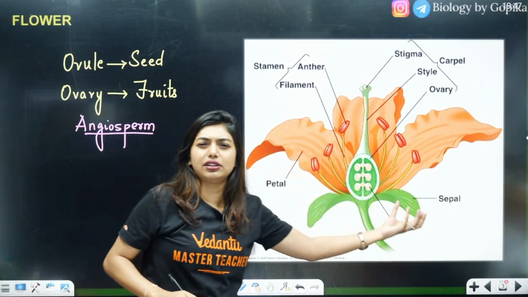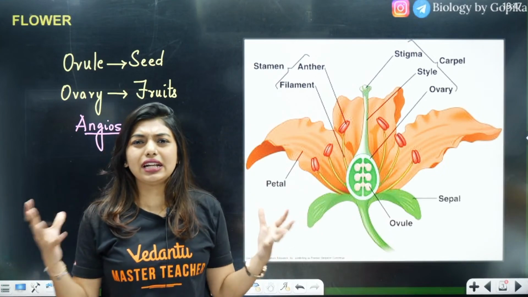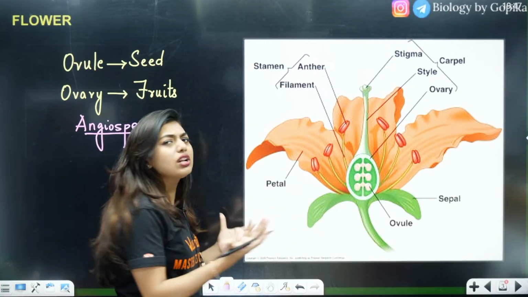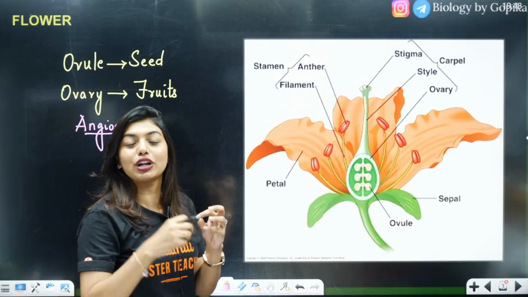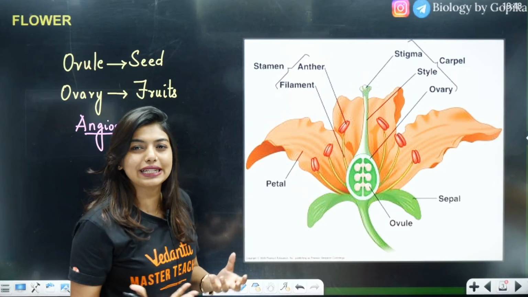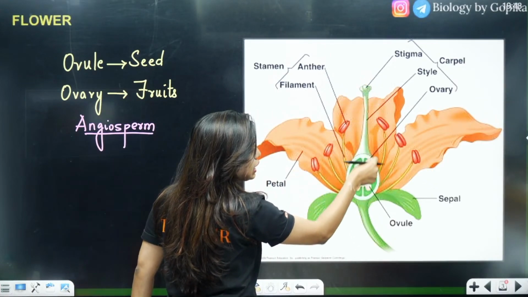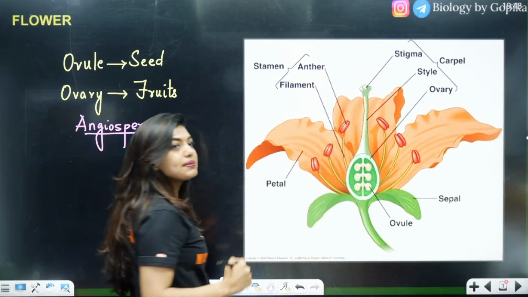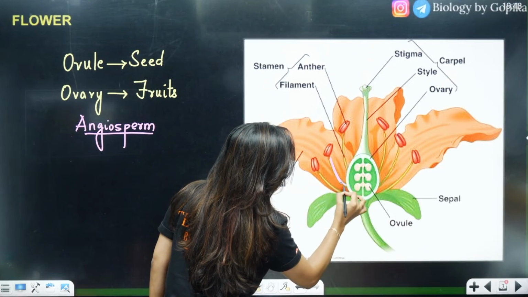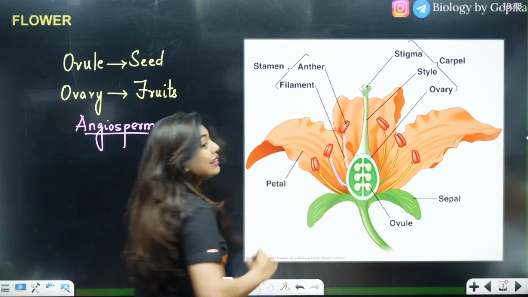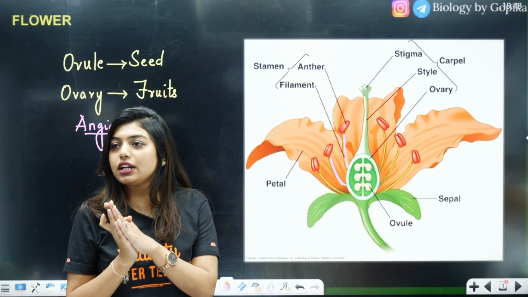Now look at the flower. I have seen a flower and I know that this is how a flower is going to be. What all is there in the flower? First of all, the most prominent thing that you see in the flower is the petals, the beautiful petals. So these are your petals, and this part, stigma, style, ovary, becomes the female reproductive part. And what you're seeing here, which I'm highlighting with pink, is your anther. Many anthers together form your stamen. Clear to all of you?